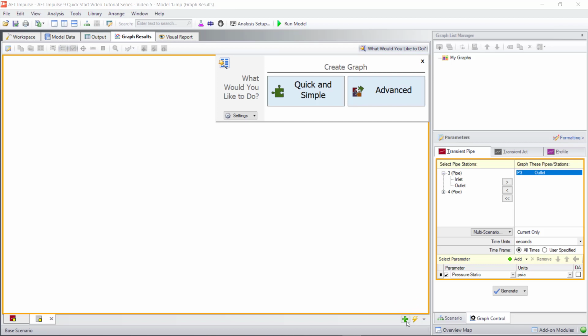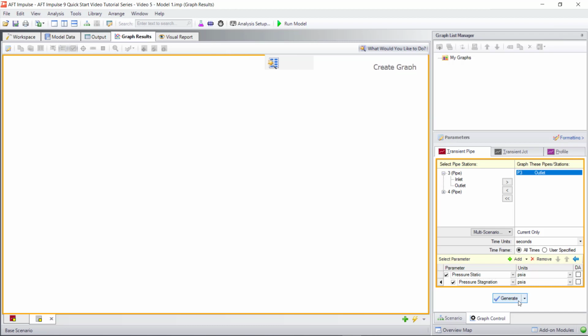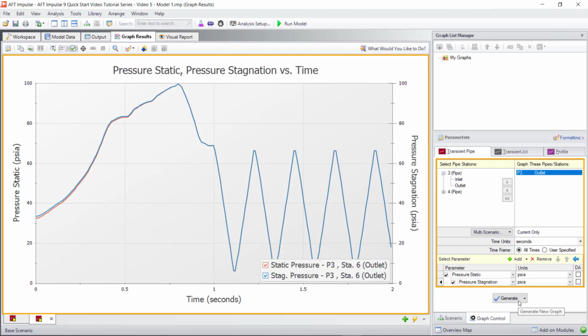For this graph, we will use a more advanced plot to compare static and stagnation pressure. To add a parameter, click the Add button. If you would like to make this parameter part of a secondary y-axis, select the parameter and click the blue arrow pointing to the right to indent the parameter in the list. This designates it as a secondary y-axis parameter. You can also add a secondary y-axis by adding two rows for the same parameter but using a separate set